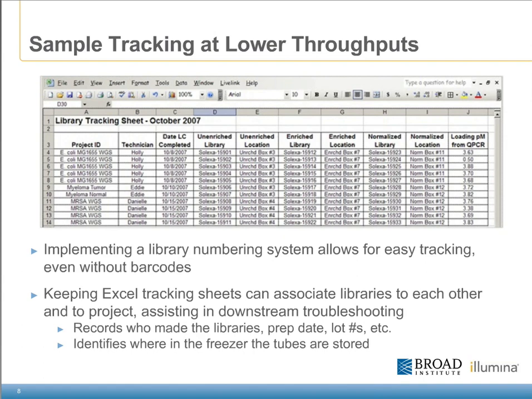But at lower throughputs, it's also important to track your samples. Before we sort of scaled up to the level we were at, we used to just track things with Excel spreadsheets, which we also found extremely helpful. Implementing a library numbering system allows for easy tracking, even if you don't have a barcode reading system. Also, keeping an Excel tracking sheet can help you associate different libraries with each other and also help you with